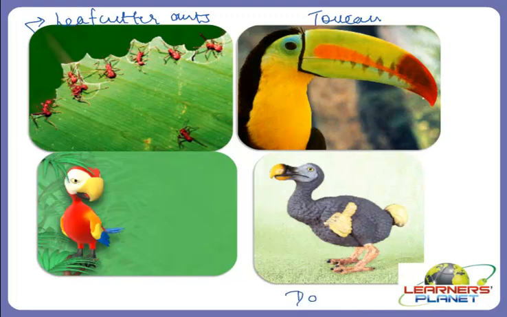This is a flightless bird, the dodo, which is extinct now, and this is a parrot. Even leaf cutter ants: there are some animals which have become very specialized, and this means that they have adapted to eating a specific type of plant or animal that few others eat. For example, parrots and toucans eat nuts and developed big strong beaks to crack open the tough shells of nuts. See how tough beaks they have and how beautiful they look.